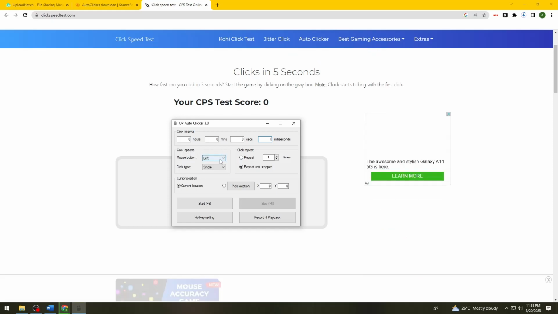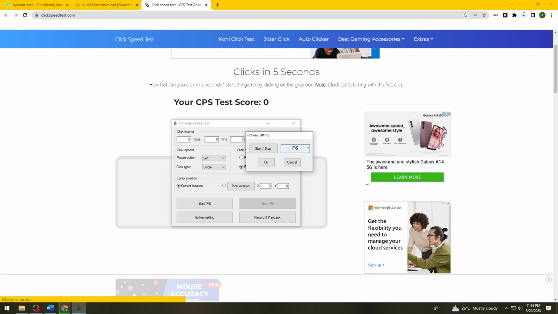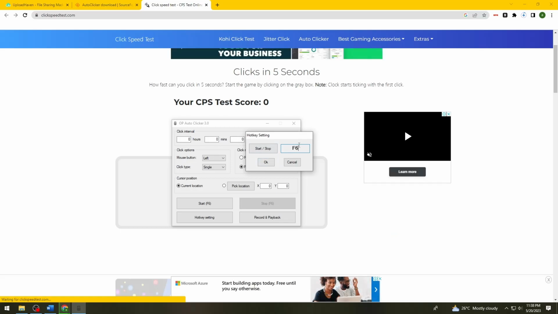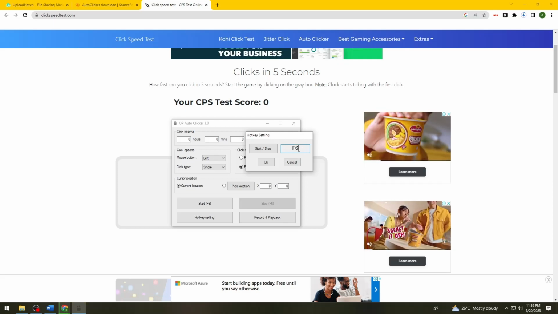Here in click type, you can choose double or single. In the mouse button, you can choose left, right, or middle. And then here at the cursor position, you can pick any location. And here at the hotkey setting, you can choose any button that you want to use to start and stop the auto clicker. Choose whatever button you want, but I'm just going to leave it like this,